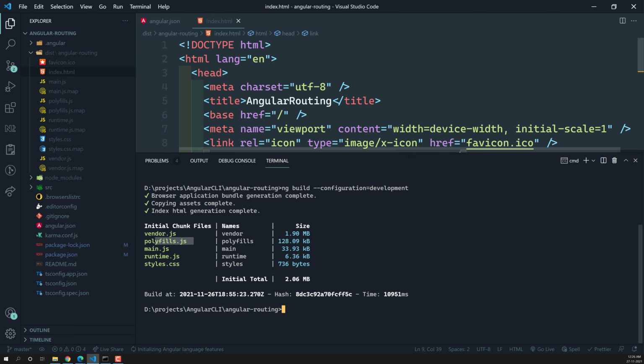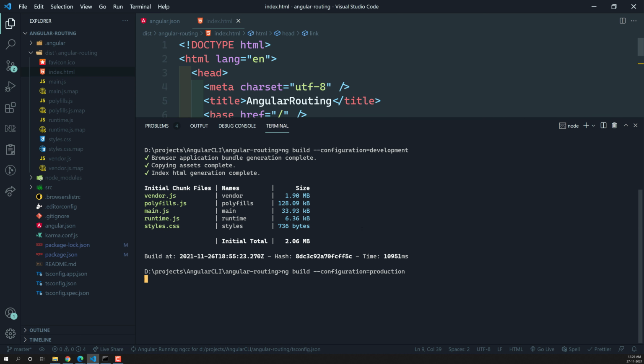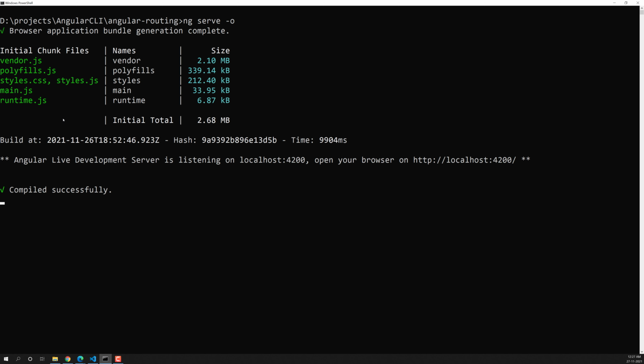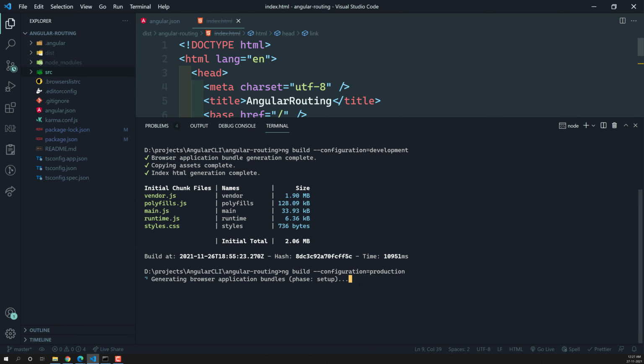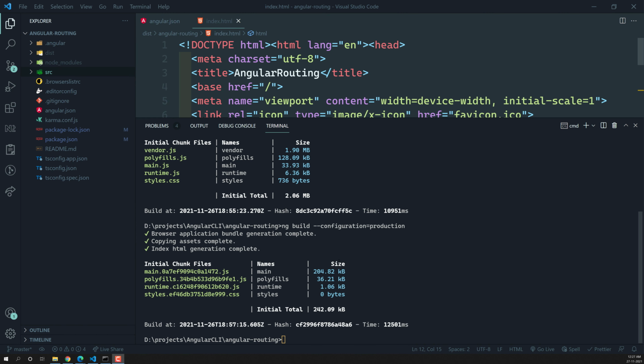Now let's try to run the same bundle using the production mode. So I am running this one using the production mode. Let's see what files are going to be created. What is the difference between these two builds, the development build and the production build, or something like the serve build also? Serve and the build with the development mode are one and the same only. So let it create.